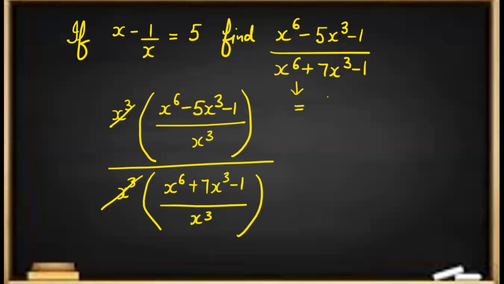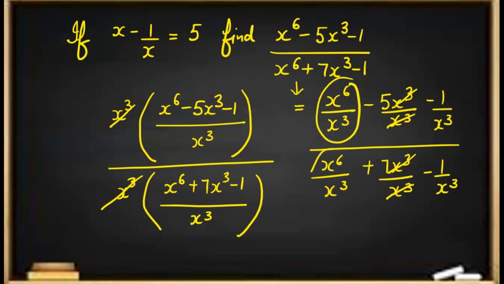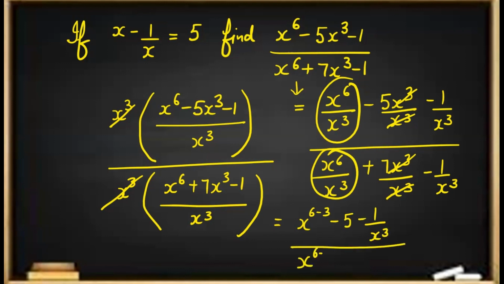We'll write here equals to x raised to power 6 over x cube minus 5x cube over x cube minus 1 by x cube, divided by x raised to power 6 over x cube plus 7x cube over x cube minus 1 by x cube. We can cancel this one, we can cancel this one. Here we will use the law of indices, which is equals to x raised to power 6 minus 3 minus 5 minus 1 by x cube divided by x raised to power 6 minus 3 plus 7 minus 1 by